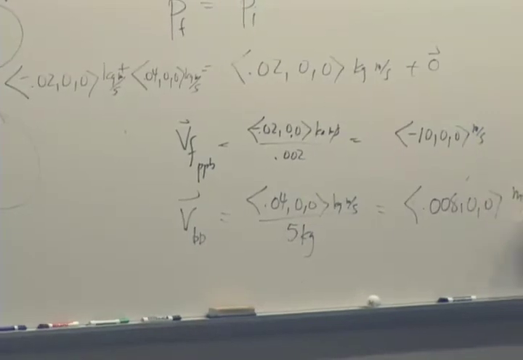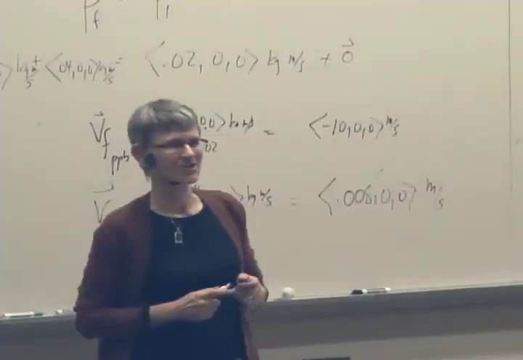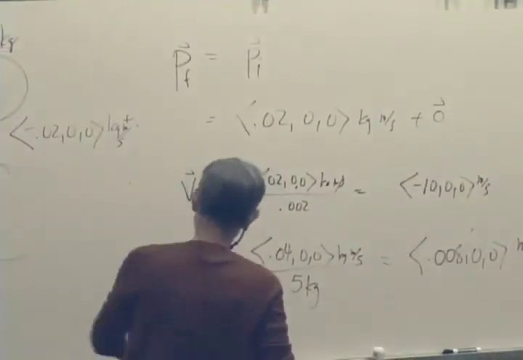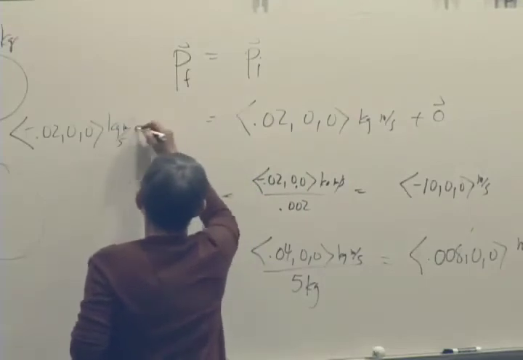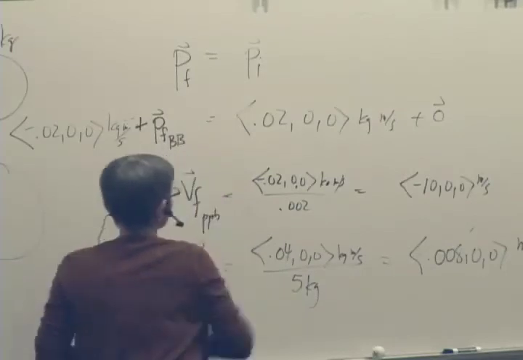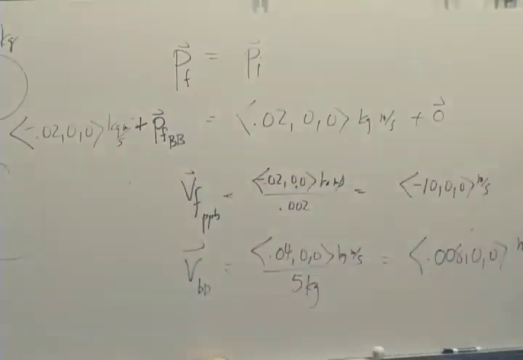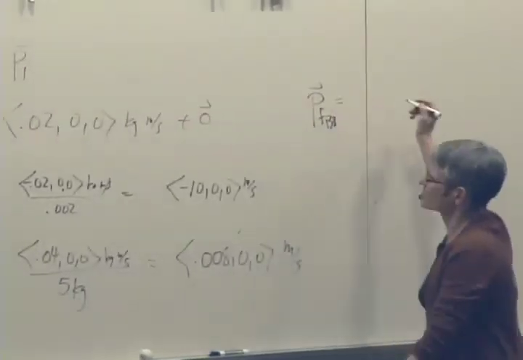0.00800 meters per second, which is probably why you're not seeing it move. Yes. Well, it's the unknown in this equation, right? So we have plus P final of the bowling ball. And so we'll just solve for it. So we just solve for it and we get P final of the bowling ball is